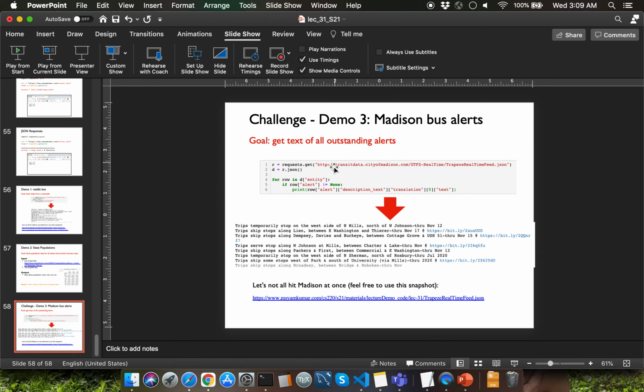If you access the original City of Madison URL, that's going to keep getting updated once in a few intervals of time. Wouldn't it be nice to write a Python program which automatically keeps fetching the updated JSON data from the City of Madison website? In case you're interested in doing that, you should be going through this particular challenge demo.